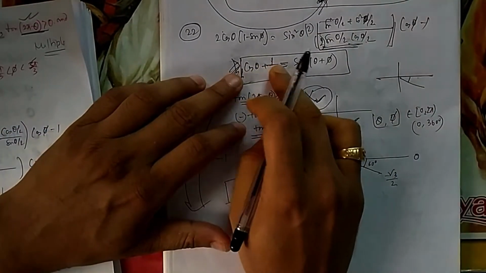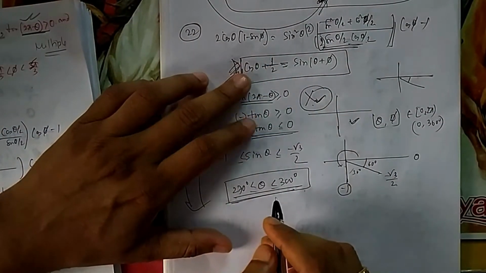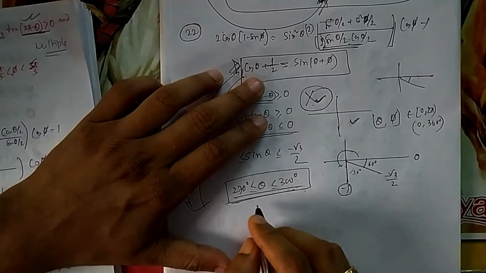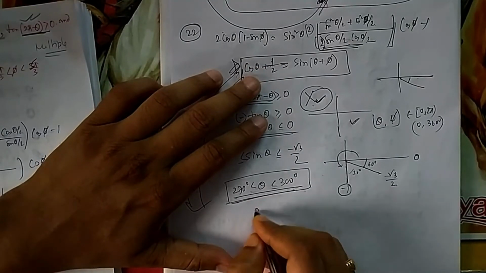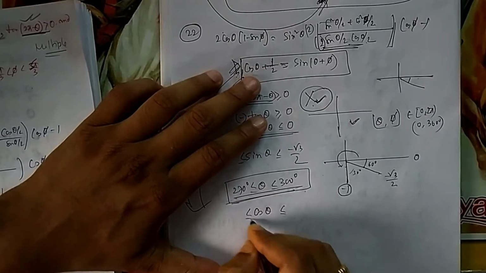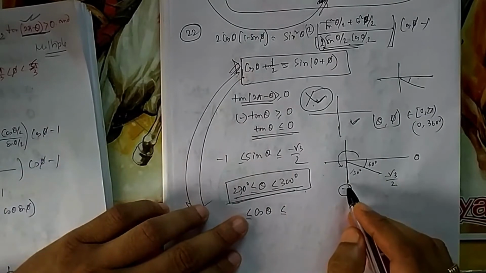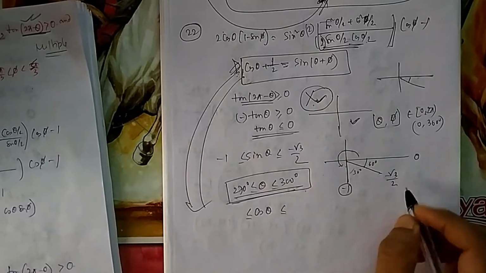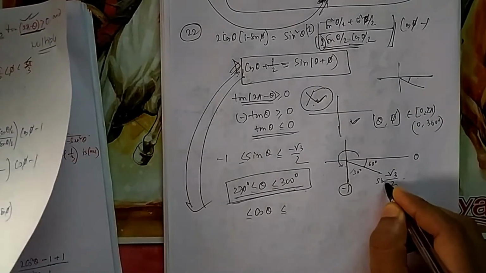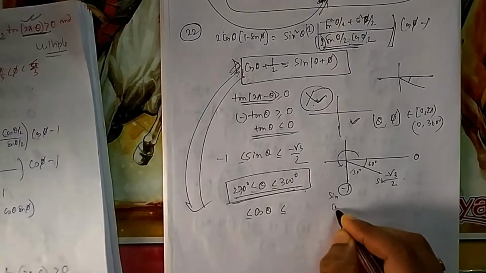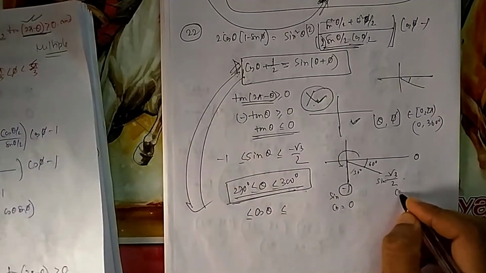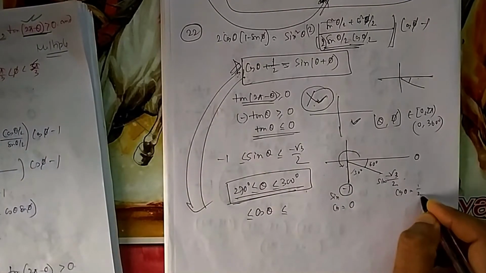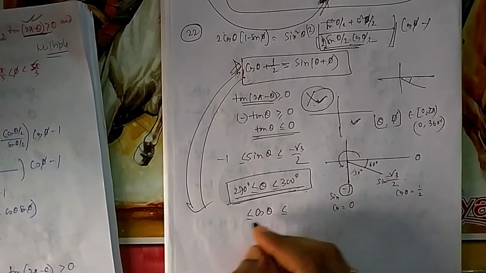Now what is cos theta? Cos theta plus half. Okay. So if theta lies between these two, then what will your cos theta lie between? What is cos 270? Cos 270 is 0. Cos 300, what is the value of cos here? These two are the values of sine. What will be the corresponding value of cos here? And here cos will be equal to half. So cos theta will lie between 0 to half.